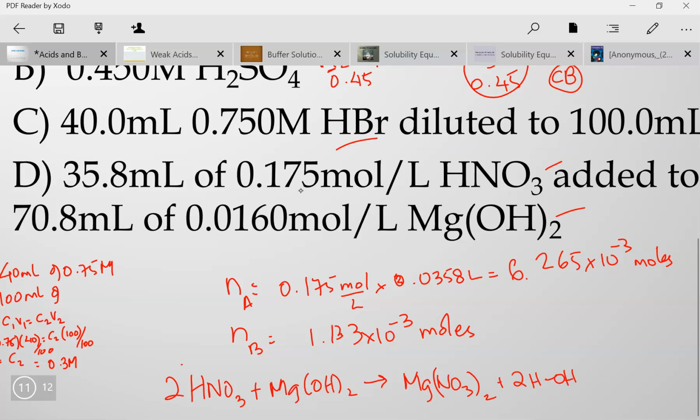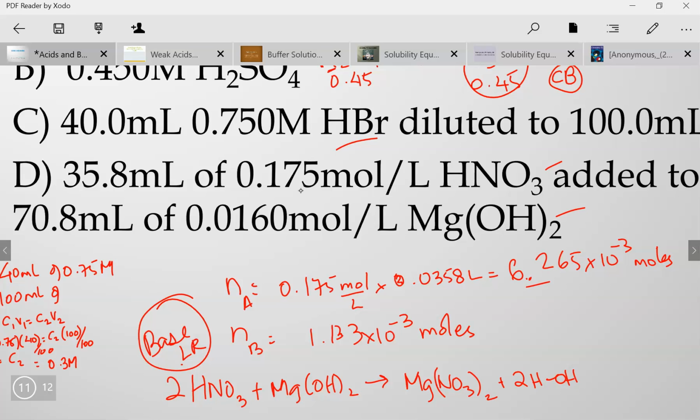So there's to be a 2 here. And so we have to technically divide this by 2 to find our limiting reagent. Again, you can find your limiting reagent whichever way you want, but in the end, it's still going to be your base, which is your limiting reagent. Even though it's a 2-to-1 ratio, there's way more. There's 6 times as much acid as there's base, and we only need 2 times as much acid. So we can calculate